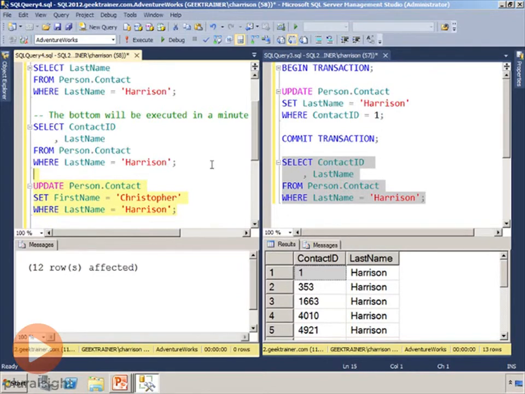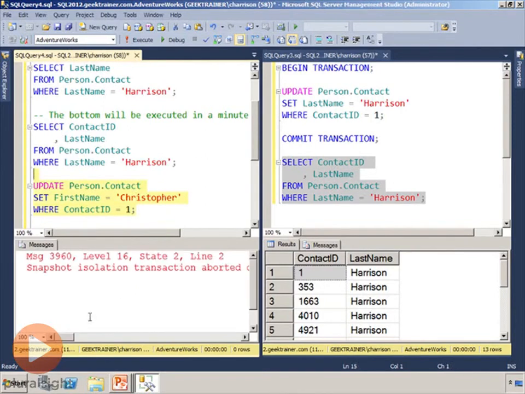Now, I again want to highlight there's actually currently 13 Harrisons. You can see that over on the right-hand side. But we have a previous version on the left-hand side. As a result, we're only modifying 12 rows because that's all that we see. However, if we tried to modify something that somebody else had modified, that's where we're going to wind up running into a possible error. So if I change this and say instead where contact ID equals 1, and I again highlight this, now what you're going to notice is we get an